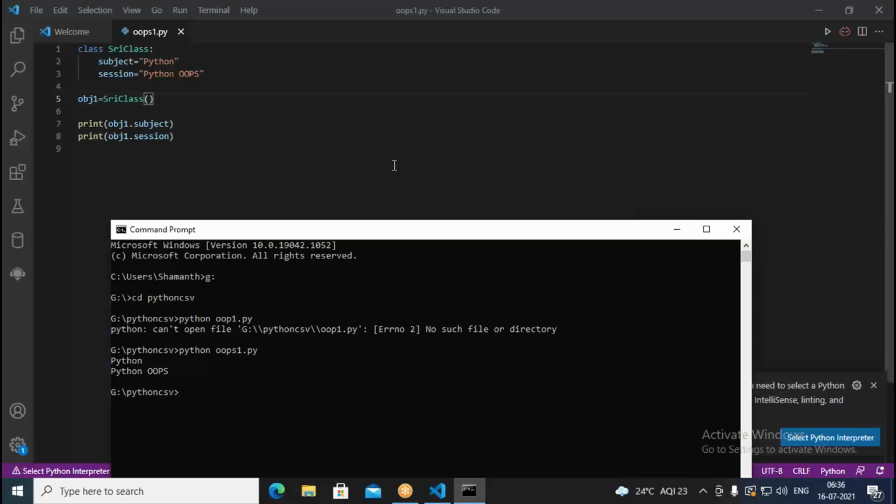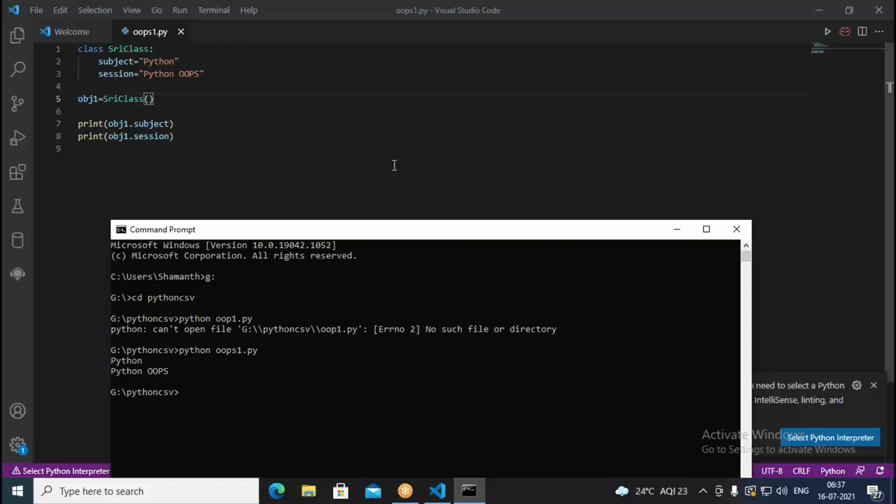So here the class name is Sri class, subject is Python, and session is Python oops. These two are nothing but attributes. They give the state for the class. Whenever you create an object here, object 1, we are giving a state: subject is one state, session is another state. State means the data associated with the object.